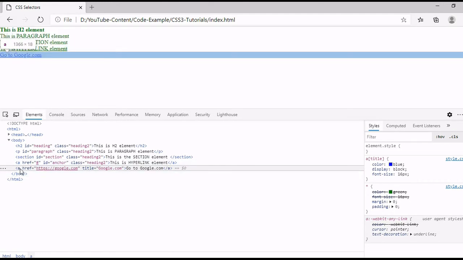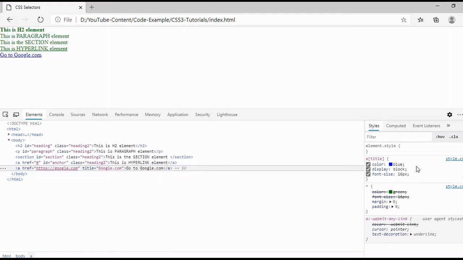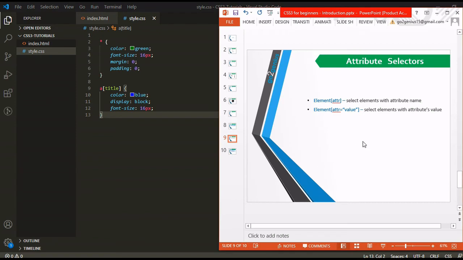This is our anchor tag, and on the right hand side we can see the attribute selector with all the properties we have given in the CSS. Same as this, we can select elements with the attribute value. So let's see how.